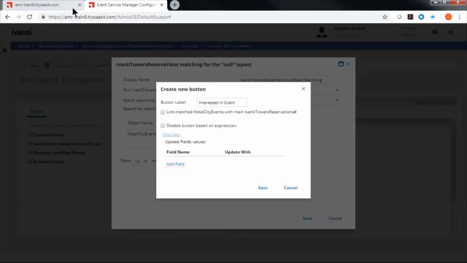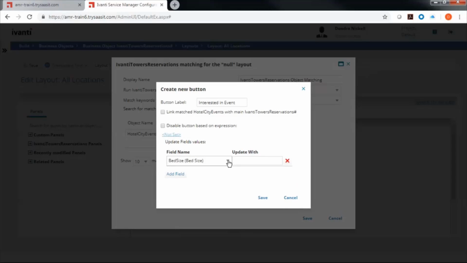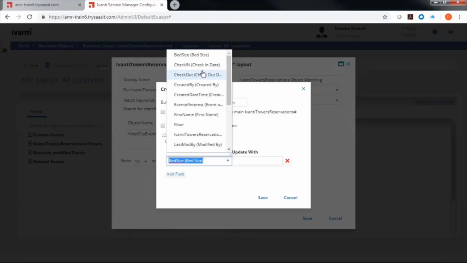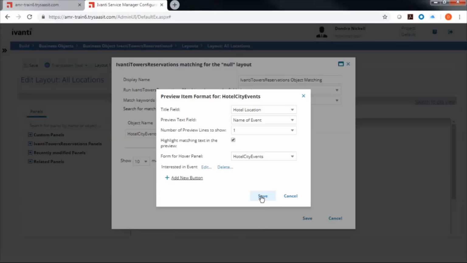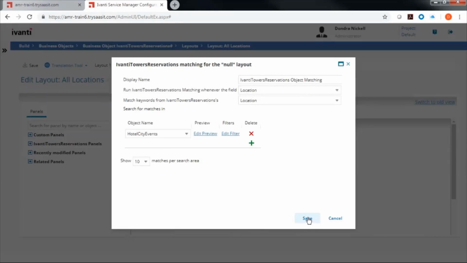Now if I had a link, I could actually link these. Remember, a link would be, an example is when you're in an incident and you link to maybe a CI or something like that. So you could do that. So down here, I'm going to set up the button. What I want to have happen is the field for my reservation business object that's called event of interest, I want it to update with the name of this event. I should have written this down. Event name. That might not be right, but we'll see. Okay, save that, save that, save that,